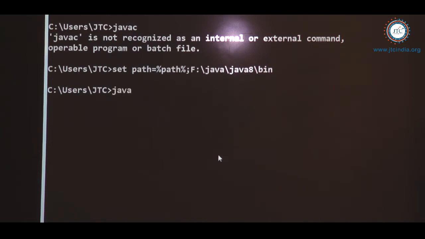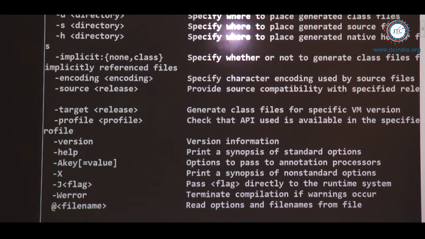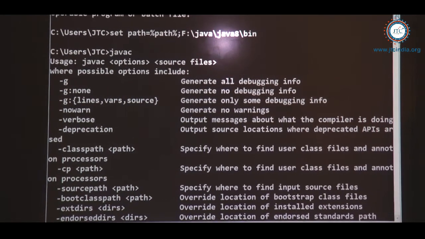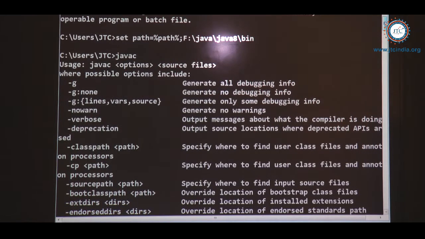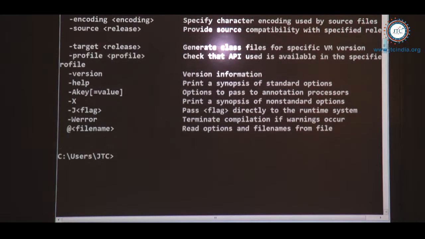When I have done it, I again want to see whether the JDK is installed successfully or not, so I am checking it. Now it is showing many options here. We are not going to discuss all these options, but what we can understand by seeing them is that our JDK is now in working condition, which means we can compile programs, run programs, and do whatever we want, right? Then what next do we want to do? Suppose, as I told, it is the temporary path setting.